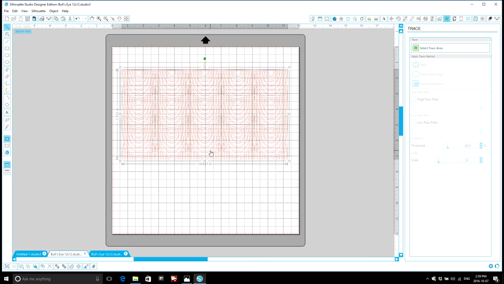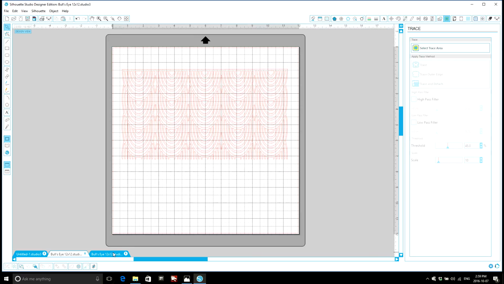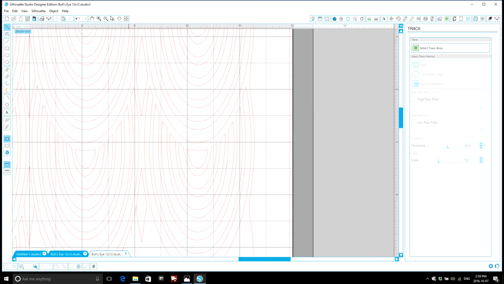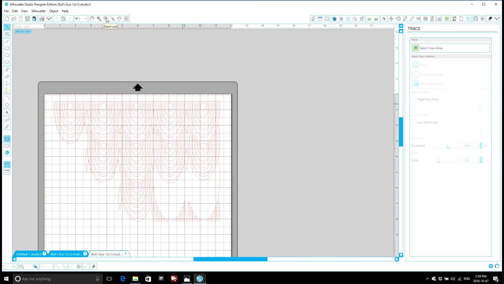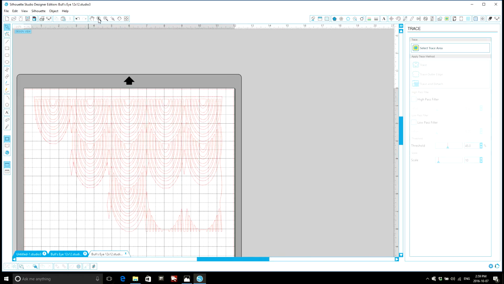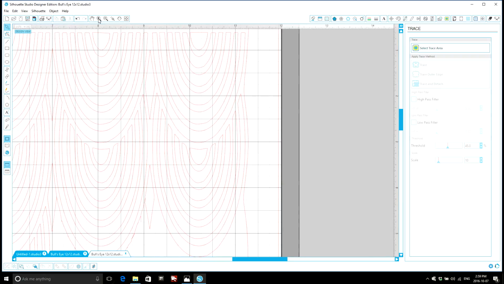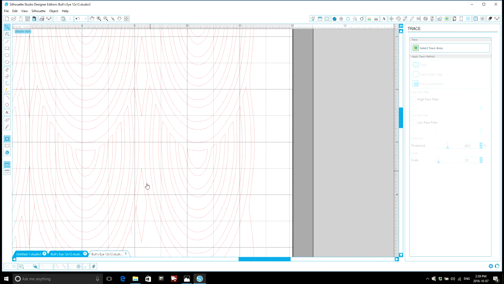Now, I've been working on another page to show you more or less what it looks like. So let me zoom out to show you how I've worked on it. I'm going to show you how to do it, so let me zoom in. To create the cut here, I'm going to go on the left hand side of the Silhouette